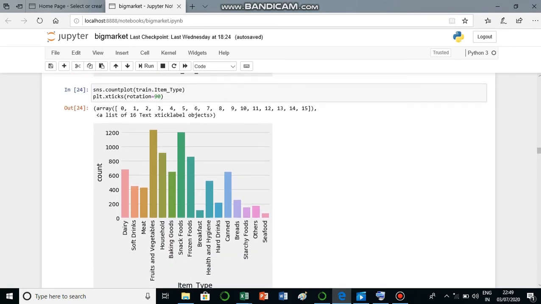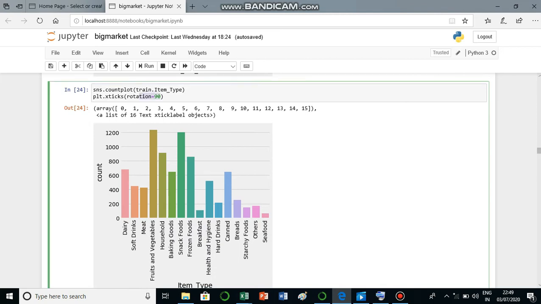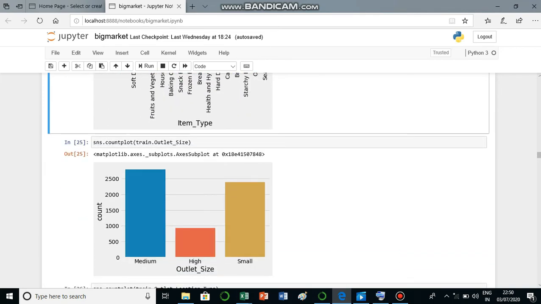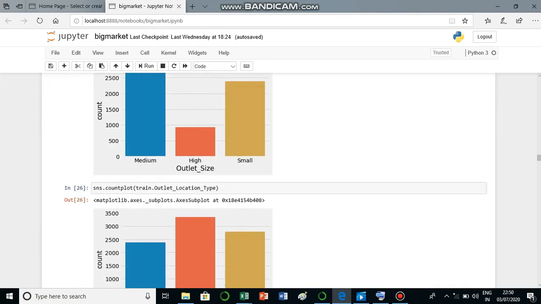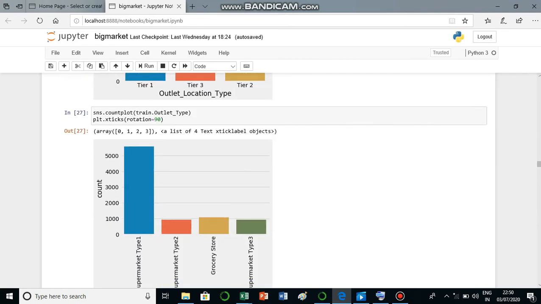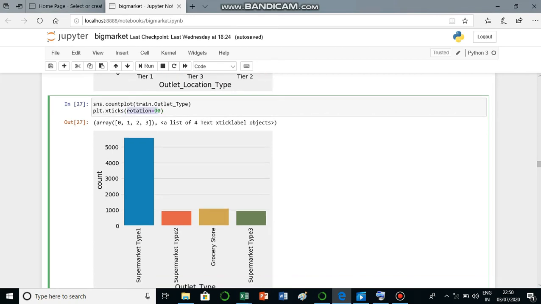Here we have rotated the labels 90 degrees by using this command, rotation equals 90. And here also we have used 90 degrees.